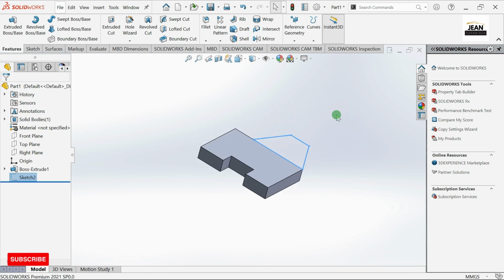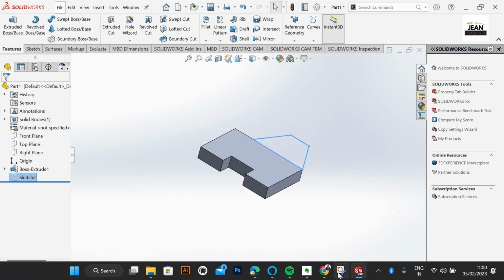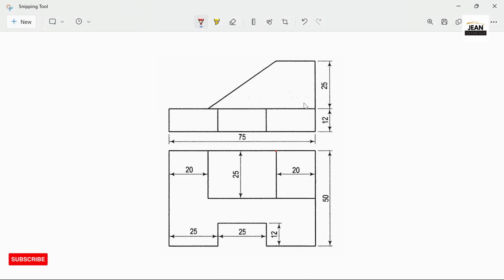Wow, it's good. And then we come back to our sketch, and see how long we are going to extrude. So we have to know the dimension to put for extruding this line. To extrude these things, it will be equal to this. The moment we come back on the top plane, we see this is it. This is the length, the dimension we use for extrusion. So we come back here,